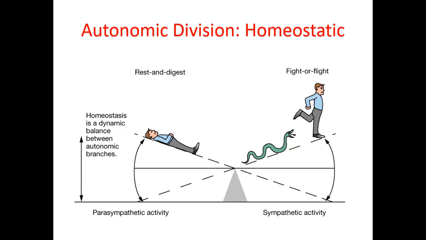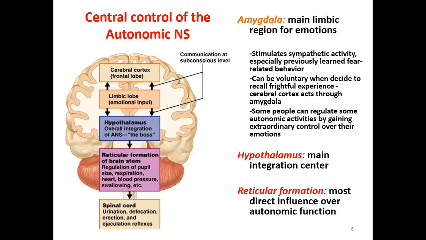Now after knowing this basic concept and introduction of the autonomic nervous system, which is an involuntary or vegetative nervous system, we'll look into something else. There is another system called the enteric nervous system, the third one, that I will tell you briefly in the next few slides. Now, when you look into the central control of the autonomic nervous system,